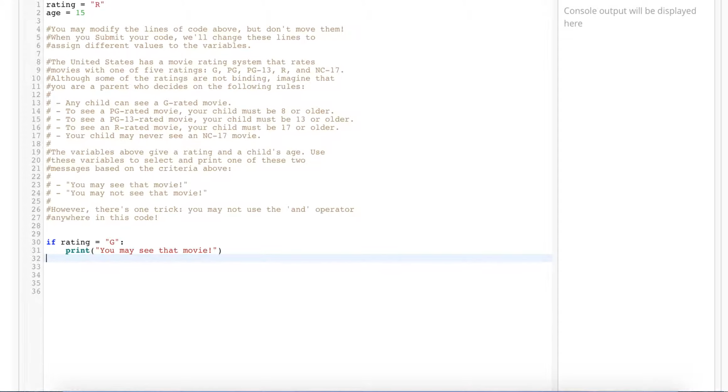So let's continue on our conditional family with an ELIF statement. So if the rating is equal to PG, and now we have to deal with the age. And this is where not using the AND operator becomes important. So you can't say something like, hey, ELIF rating equals PG and the child is 8 or older. To deal with this, we're going to use nested conditional statements. So within the ELIF statement for PG, we're going to have another conditional that deals specifically with the age, right? So here, ELIF rating equals PG. So if the rating of the movie is equal to PG,